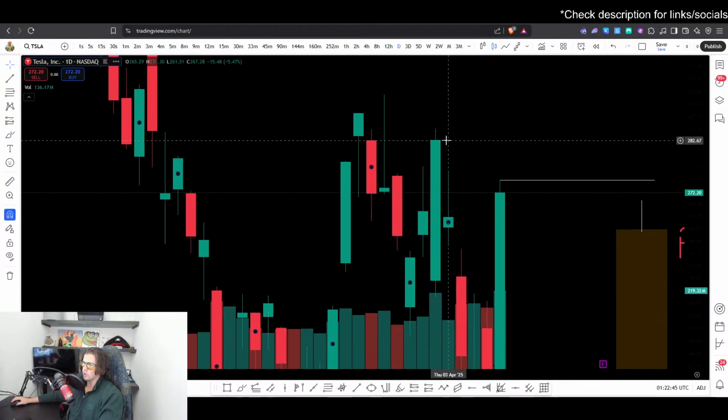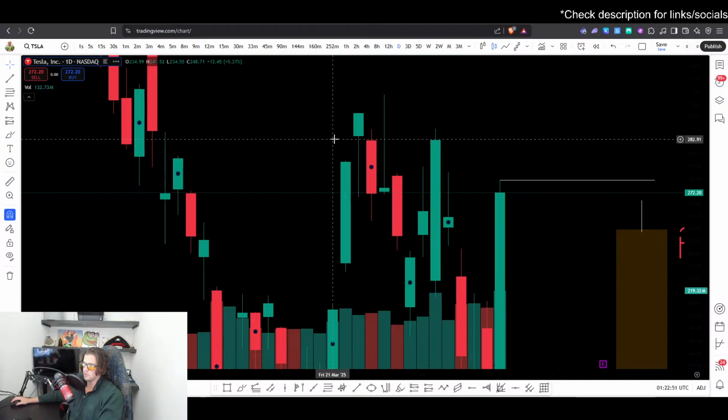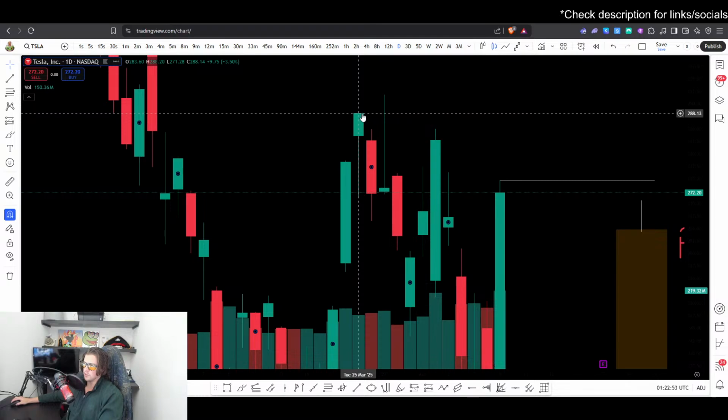Now on the contrary, if you go two candles over to the left, this one right here on the 25th, you'll notice that this one opened and closed higher, but it had a very long wick to the downside. So during this range,